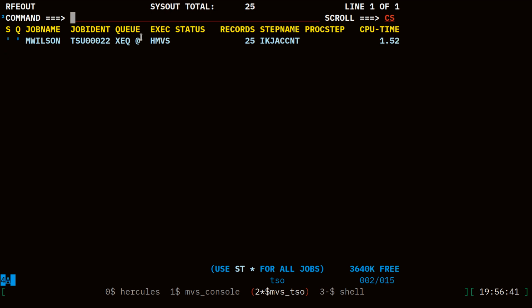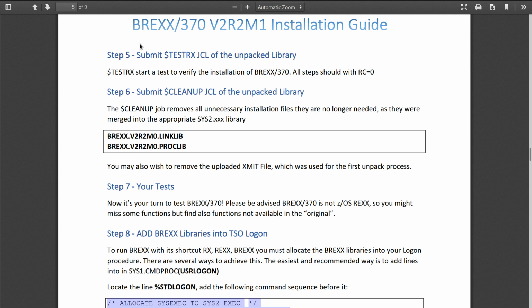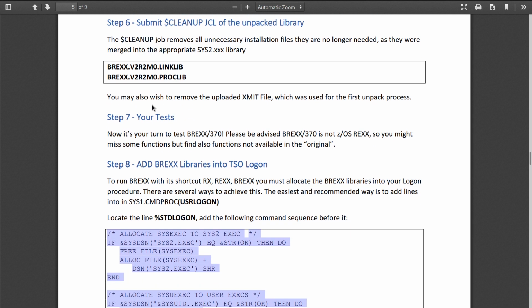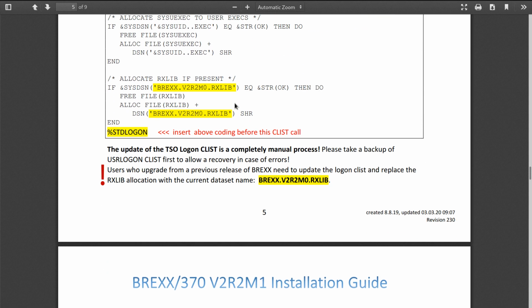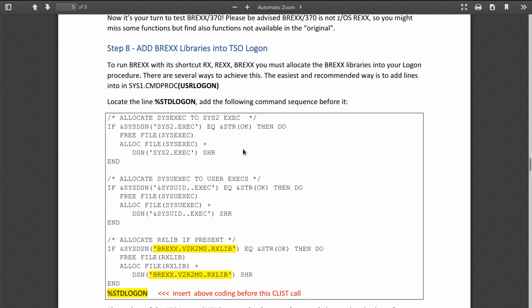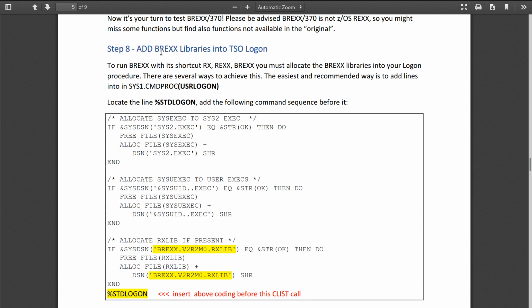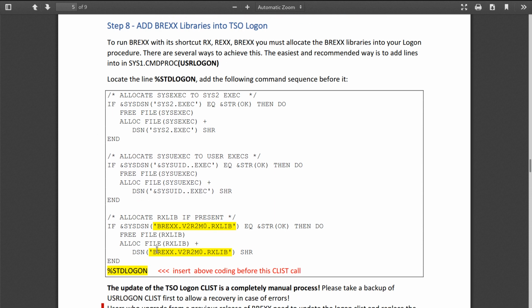Purge that output and back over to the instructions. So your tests. So at this point, I can write BREXX scripts and test them. I'm going to skip this step for the moment. And the last step here, well, maybe not the last step, I think there's a cleanup step, but step 8 is to add BREXX libraries into TSO Logon. So there is some recommended